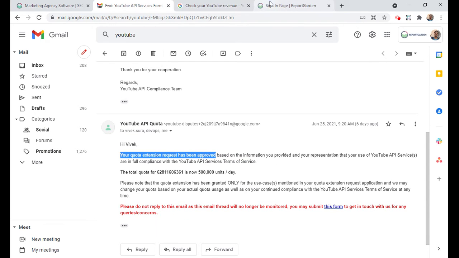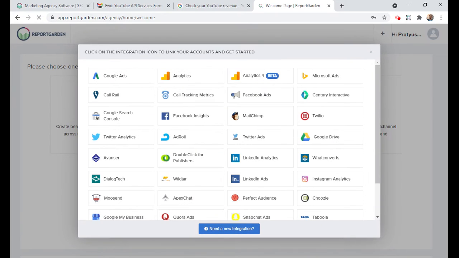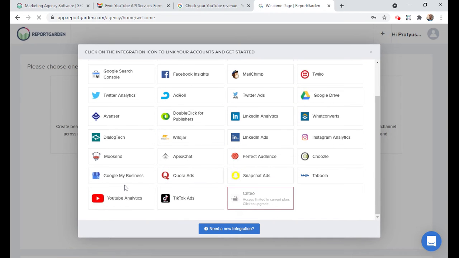Now, I'll quickly show you the steps of linking a YouTube account to Report Garden and how Report Garden fetches the data into the reports. Go to app.reportgarden.com, enter your credentials, and then click on sign in. Once you're in the app, you'll see a screen where you can link your account. Click on the YouTube Analytics icon,